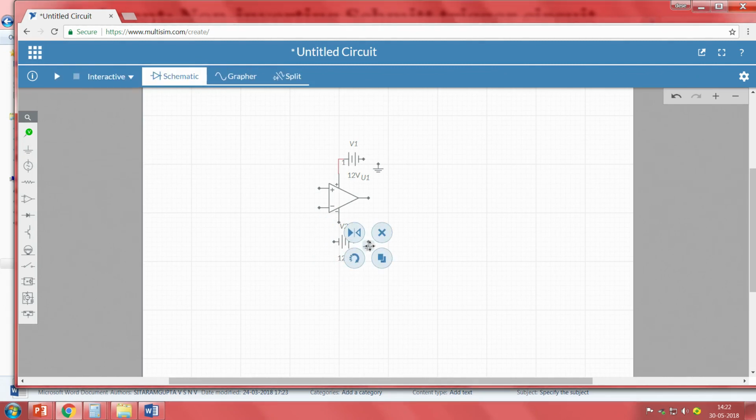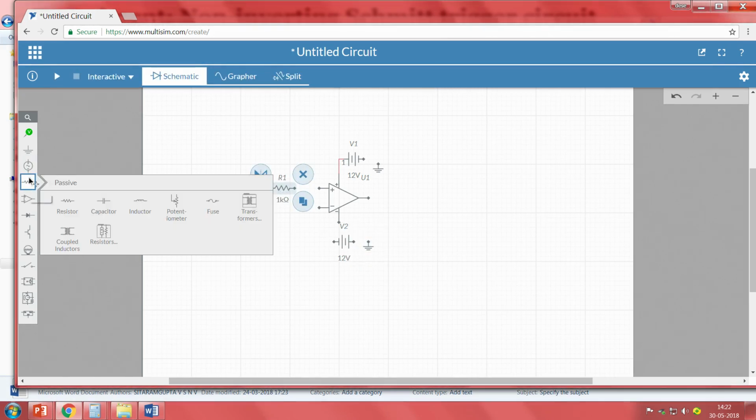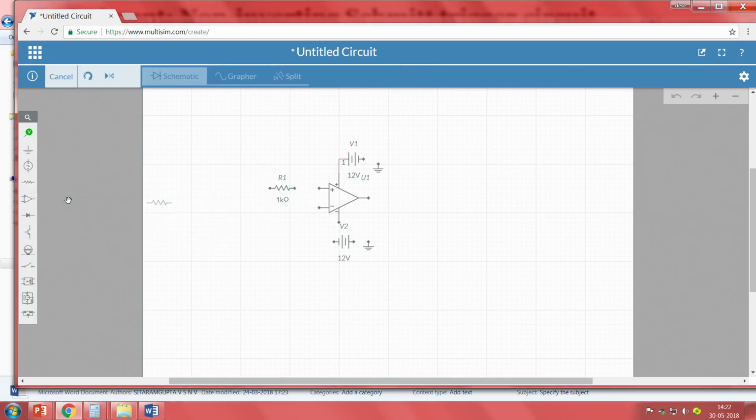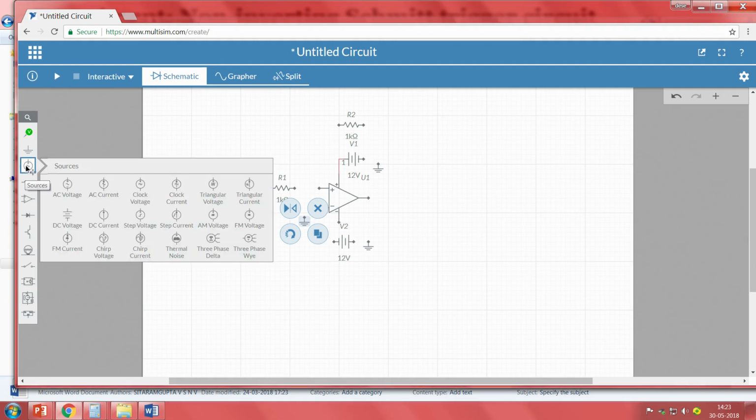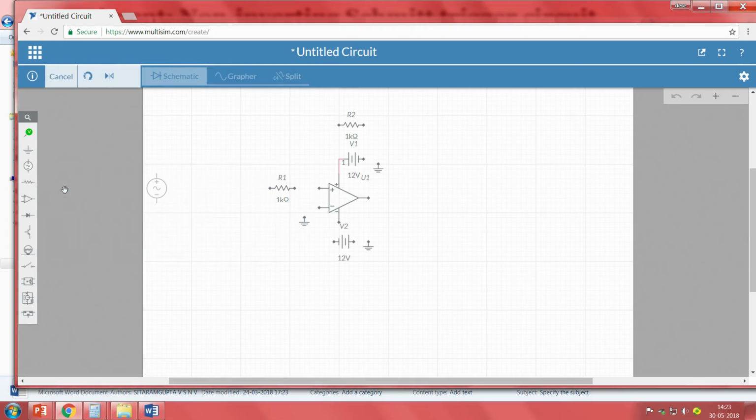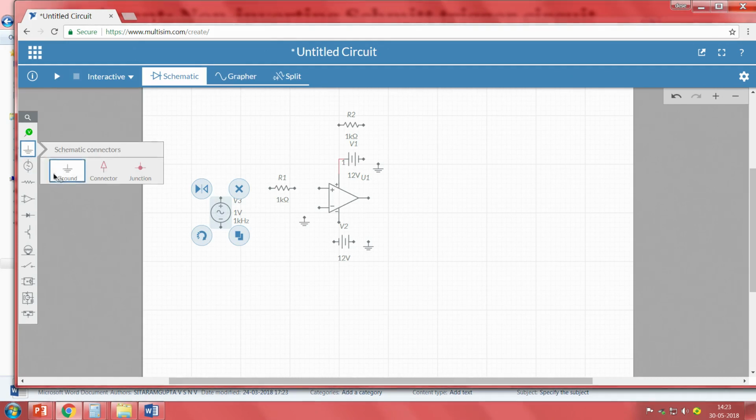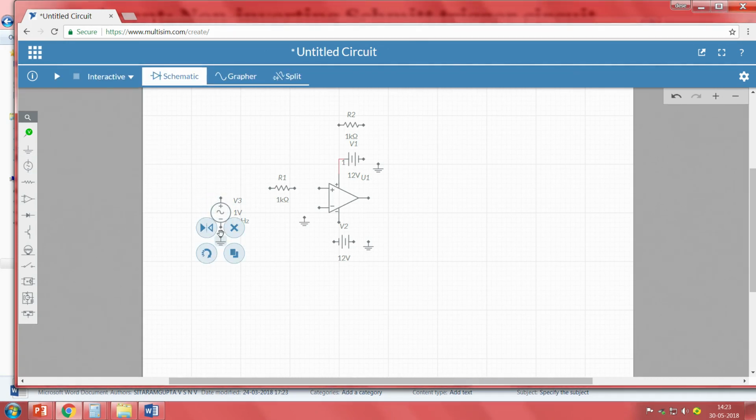What else do we require? We also require resistors, so I will take a resistor. Should it be a negative or positive connection? It is a positive feedback, so I am taking positive feedback. Then what about the negative terminal? The negative should be connected to the ground, so I will take one more ground and place it near the negative terminal. Now, where should the input be applied and where to measure the output? The input should be applied at the R1 resistor. So I will take a sinusoidal wave, an AC voltage, and place it here. We have to measure with respect to the ground.